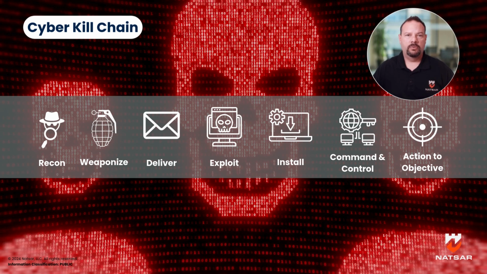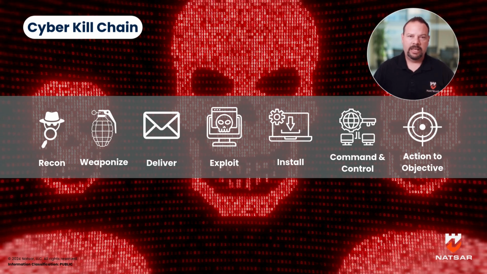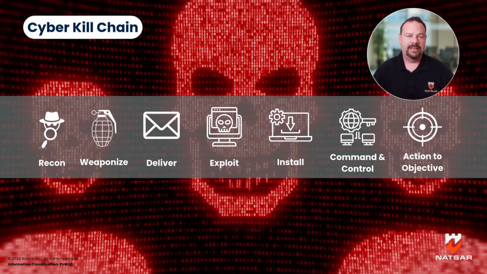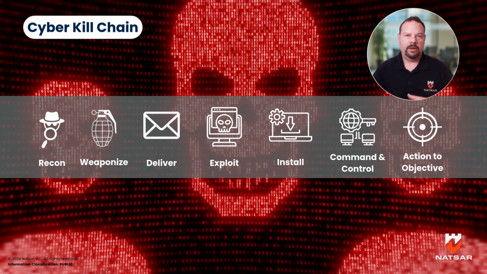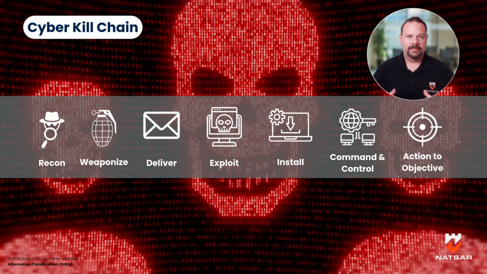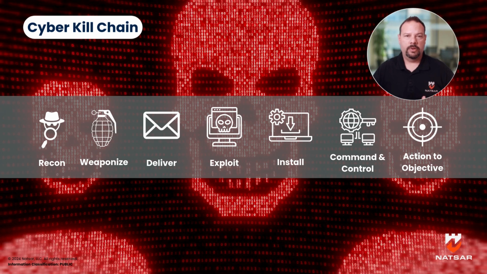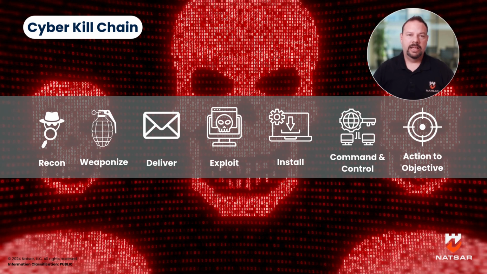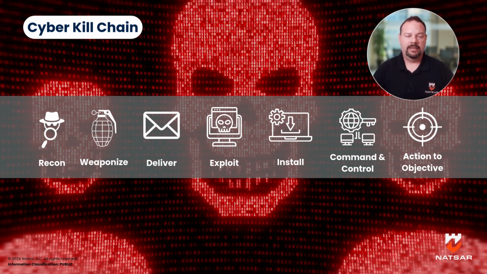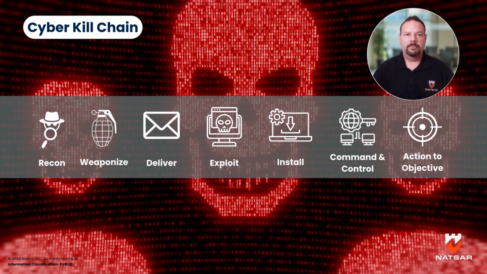So first, they do reconnaissance, and that could be doing open source intelligence on a target, on a company, finding out domain information, seeing what vulnerabilities exist, anything they can do to do recon on the person or organization that they are targeting. Once they've done that and they've selected how they are going to attack, then they create their weaponized attack medium. So this could be a phishing email with a link that takes you to a website that's been compromised that will do a drive-by attack. It could be a phishing email that has an attachment in it that's got malicious code that you may click and run. It could be a number of different things.